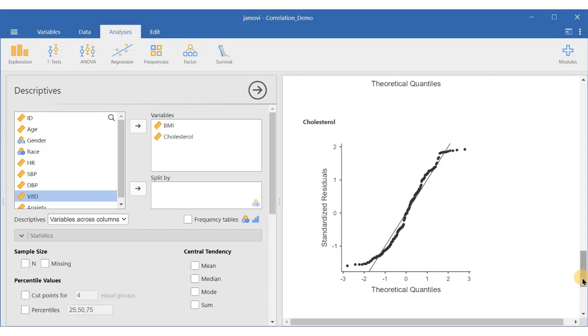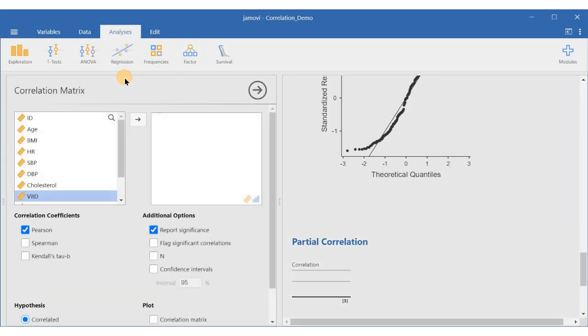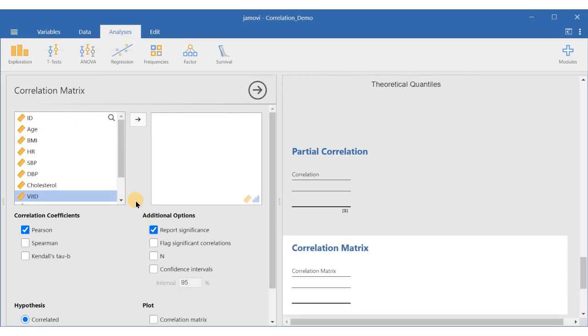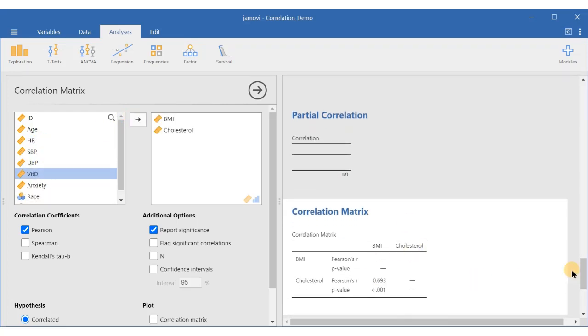So we have checked for the assumption, we have checked for the linear association between the two variables, we have checked for the QQ plot for normality, and we have checked for the outlier. Now go to the regression. In this correlation matrix, my question was BMI and cholesterol, and we have seen it is significant.